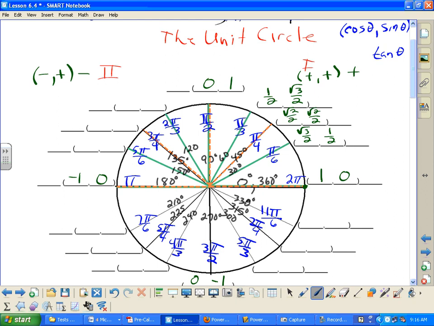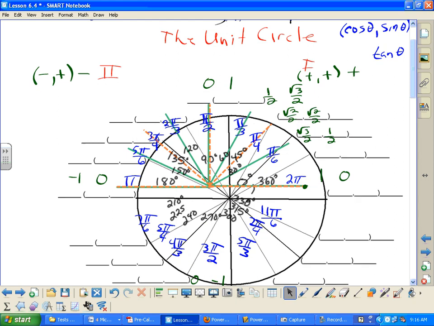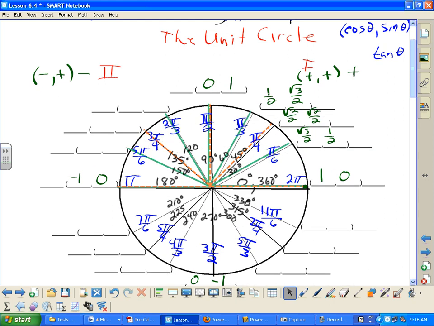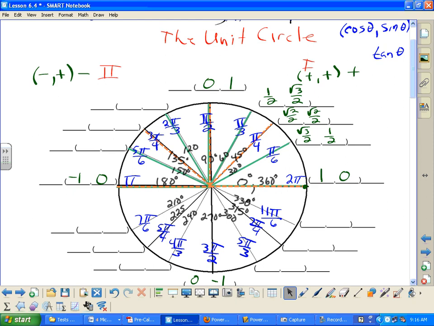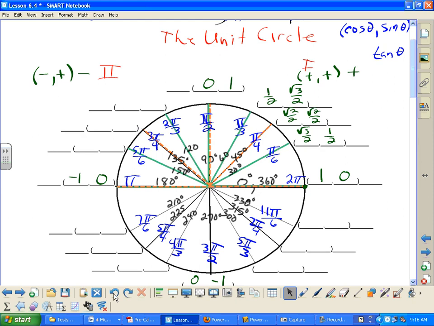If I take this first quadrant here and I reflect it over the y-axis, then each of the coordinates are actually just going to flip over and be at the same spot, because